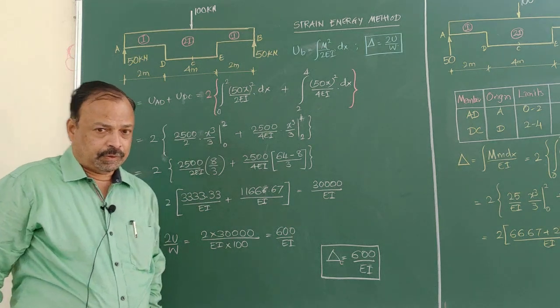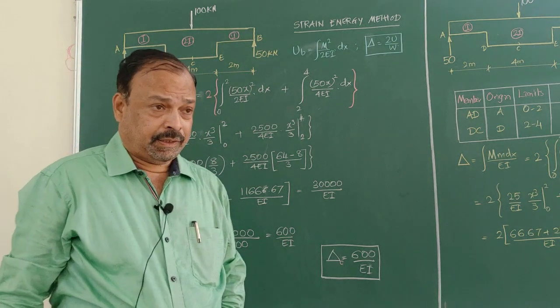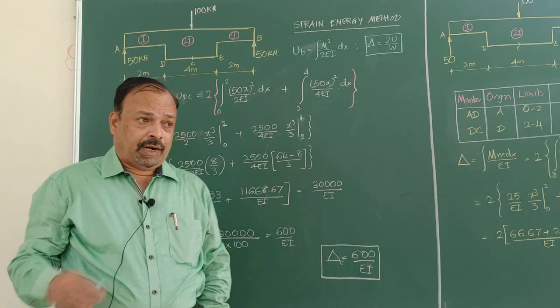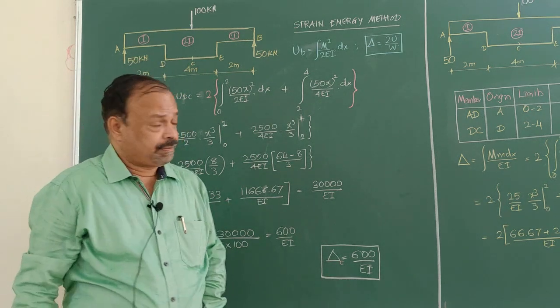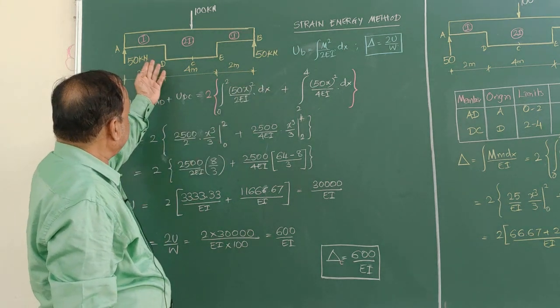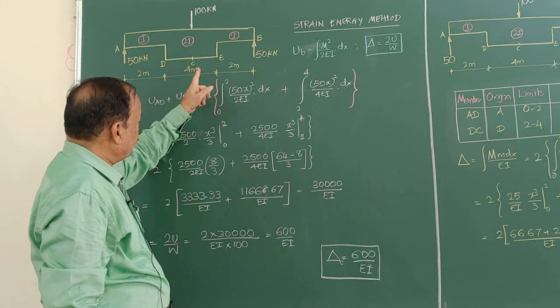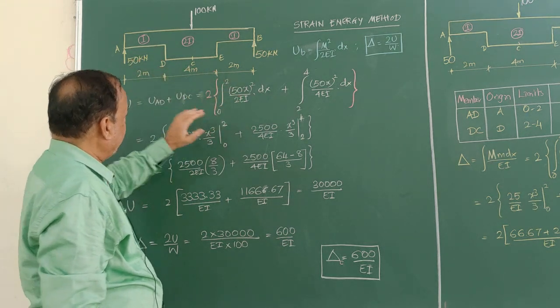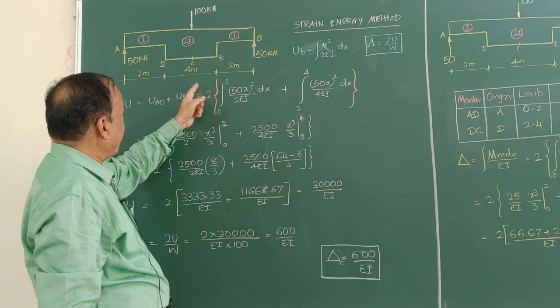Good morning. Today we will calculate deflection at a particular point of a beam and we will illustrate by all three methods. So first I will take the strain energy method. The problem statement is you are required to find the deflection at C of a simply supported beam with a different EI. The beam is 8 meter span.